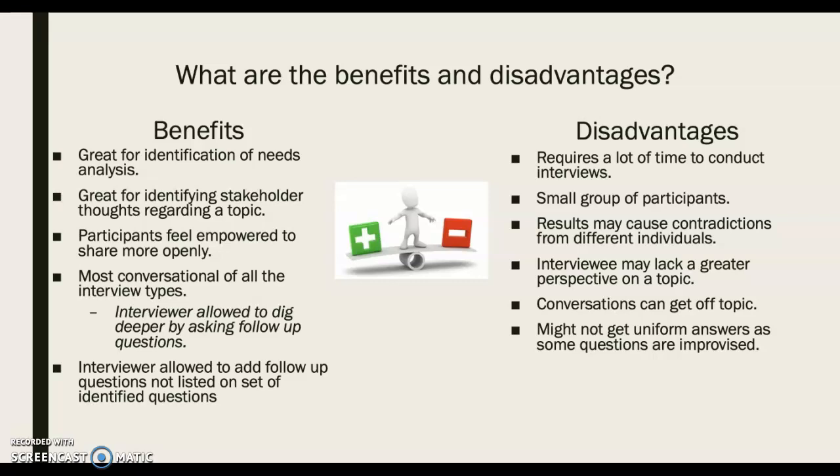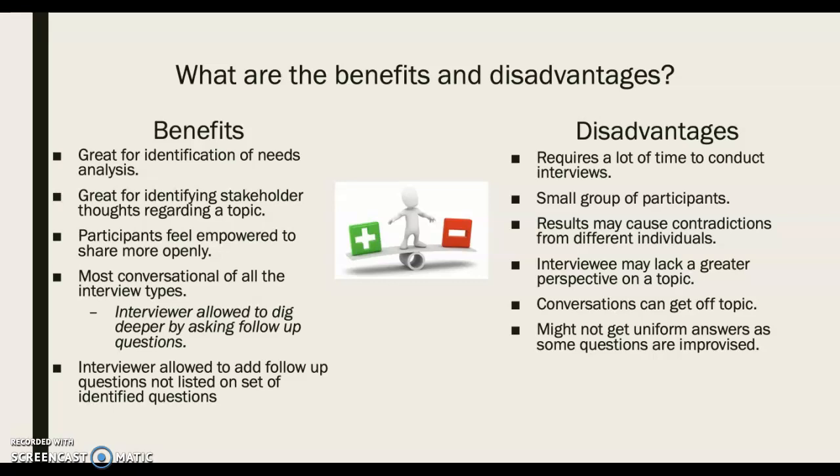Some disadvantages, though, are that interviews require a lot of time, and because of that time and then having to transcribe the interviews later on, you're not going to be able to get a lot of individuals to participate. It's just going to take a lot of time and money as a result. Further, the interviews themselves might cause contradictions. So you're going to have to go back into the field after conducting a first round of interviews and find information to either validate or disprove ideas shared in original interviews. And this might be due to the scope or knowledge that the interviewee has. So you have to be really careful in who you choose so that you know that you're getting the best picture you can. Conversations can also get off topic.